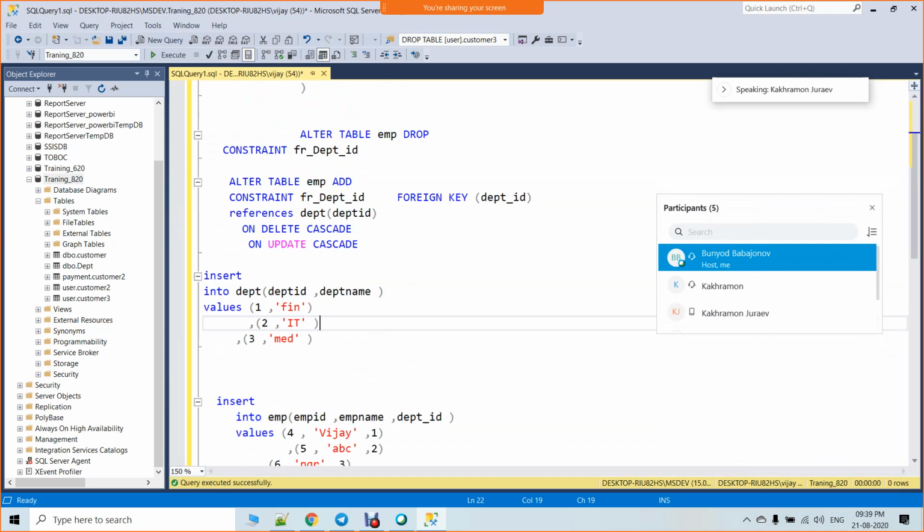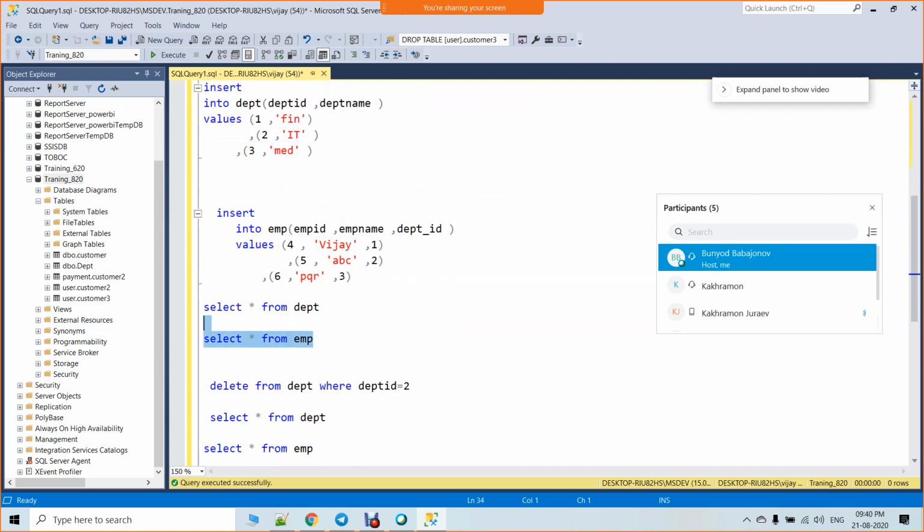Okay, this is on delete cascade and update cascade. Is it clear or not clear? No, I didn't understand the cascade. Perfect. So now here I have